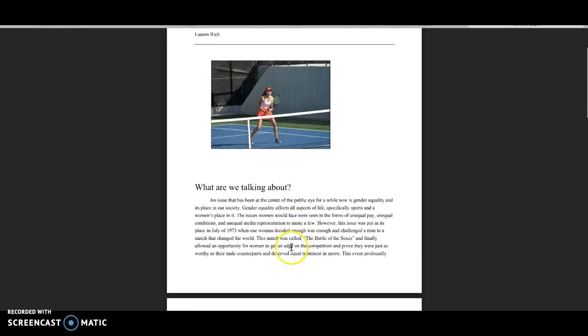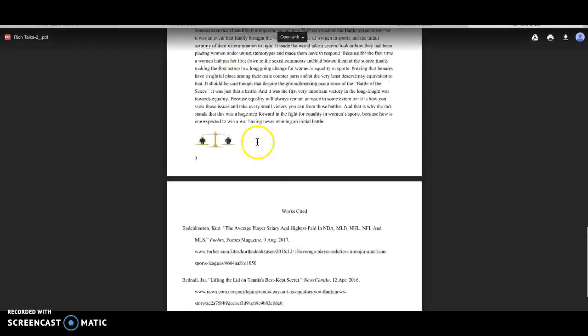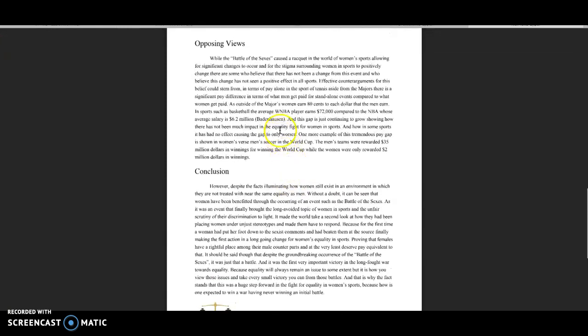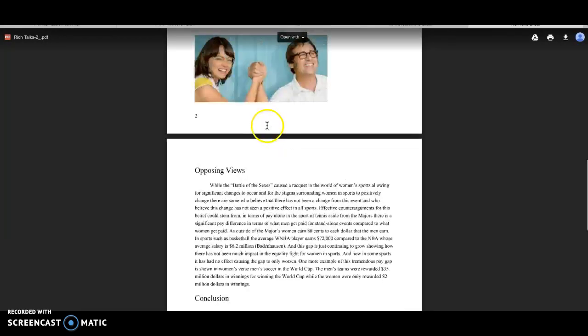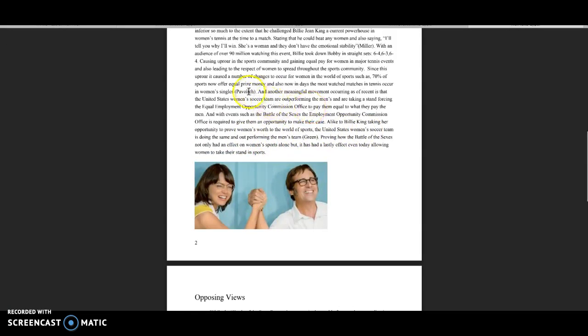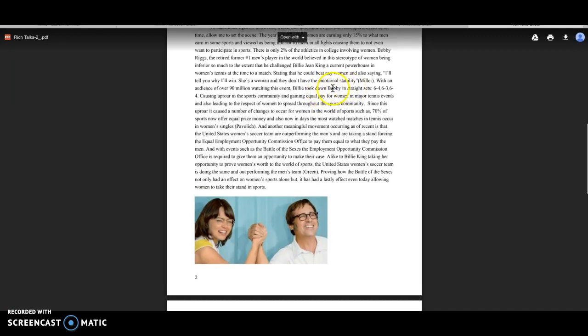And also, for my works cited, I had all this formatted correctly, but the thing was, I didn't reference any of this in my paper, so I went back and I referenced it with in-text citations. And you can see that here, where with this information, I referenced where that was. Here with this information. Here with this information. And also the one that she specifically pointed out to do was about the Bobby Riggs quote that I have here. And so then you just know where that came from. So I cited that too.